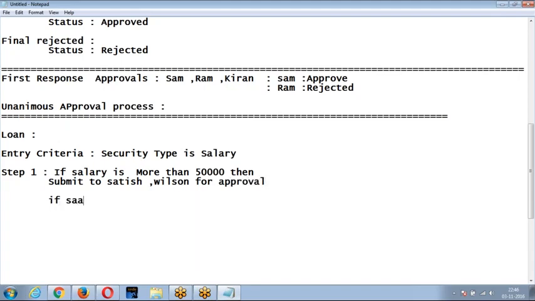If salary is less than 50,000, directly reject it.